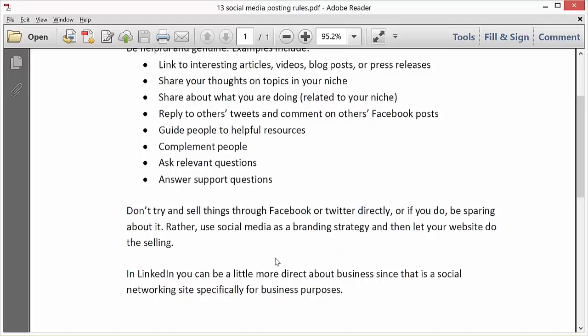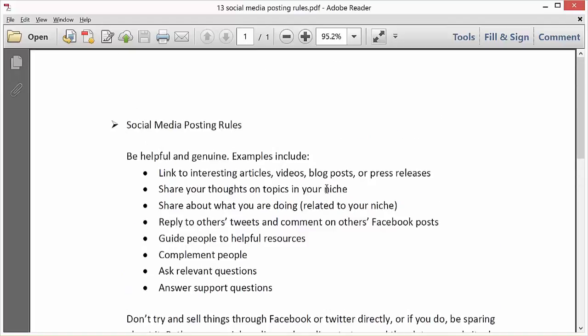In LinkedIn, you can be a little more direct about business, since that is a social networking site specifically for business purposes. And those are social media posting rules. Now, bear in mind these rules are meant to be broken depending on the level of relatedness you develop with people. So if you develop the kind of background of relatedness through private messaging with people on Facebook,